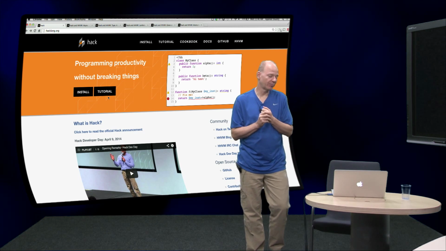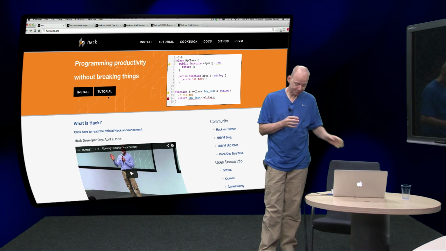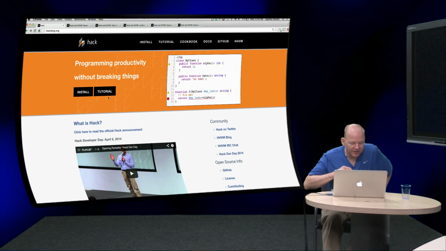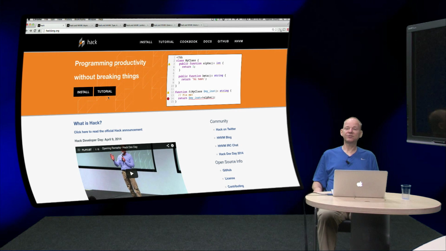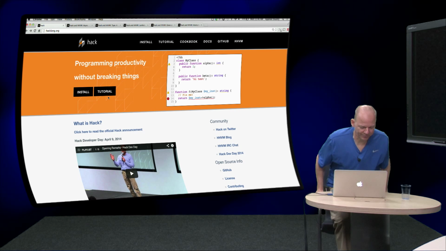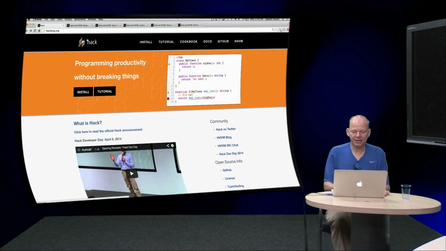And the examples will all be taken here from the Hack website, and I invite you to have a look at it and install Hack on your computer if you're a PHP programmer. I think this is definitely a step up. So let's look first at